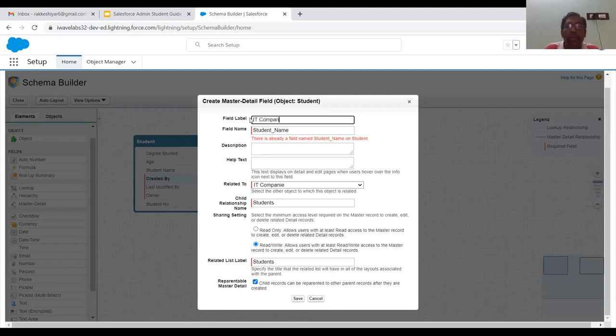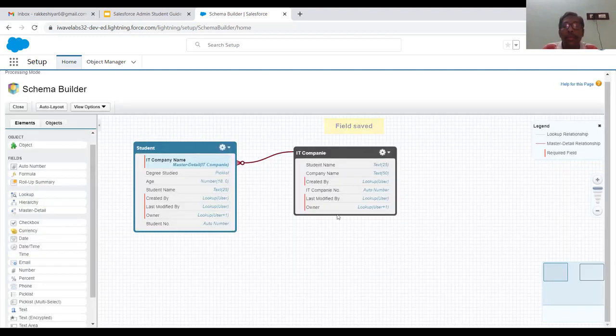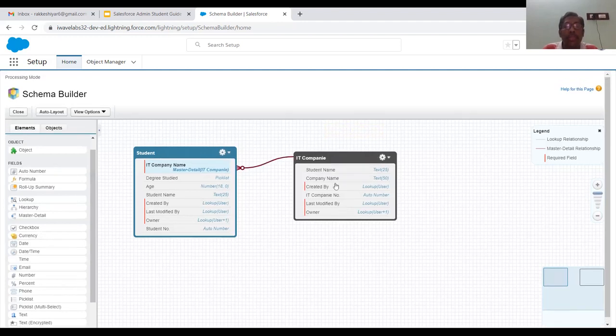IT company. I'll remove this. Let me have this IT company name and then save it. So it is going to have the IT company name there, so that you can see.